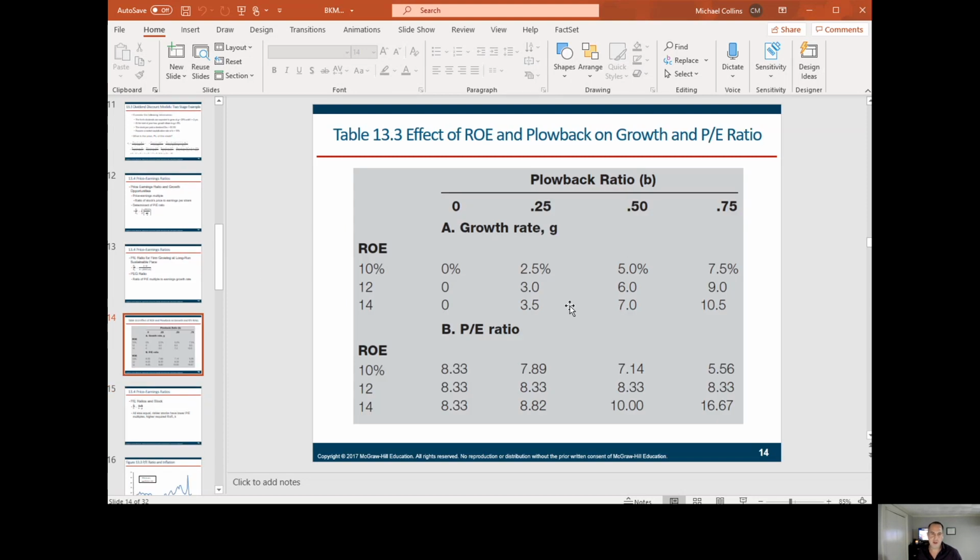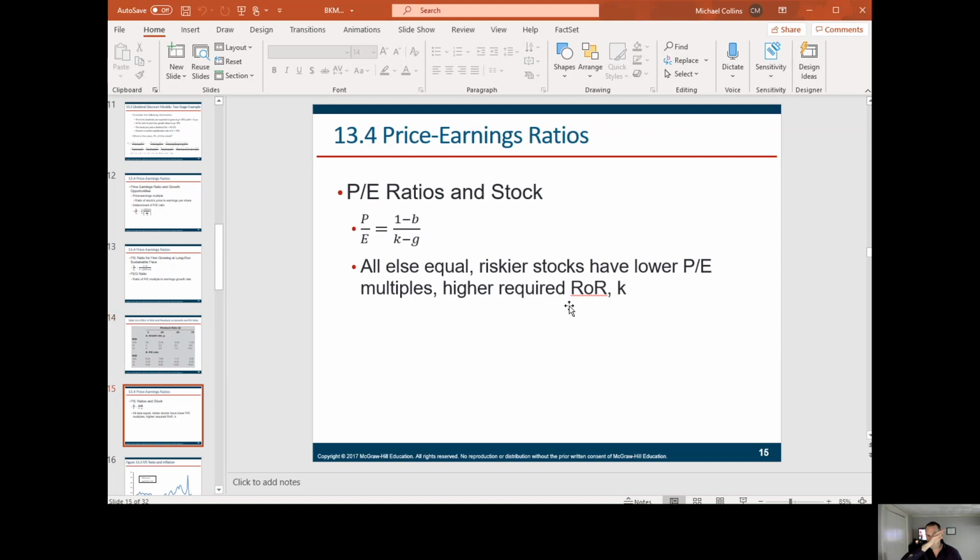And again, this is just an interesting chart showing the effective ROE on growth and the PE ratio. So if you can grow your earnings quickly, you can probably increase your cash flow quickly and then increase your dividend faster than the market expects. Why will a stock go up in value as it relates to dividends?